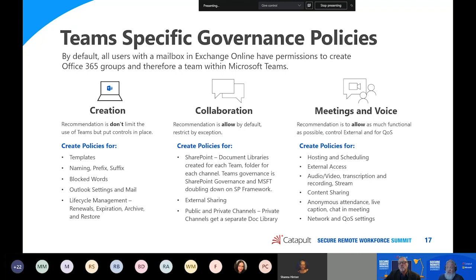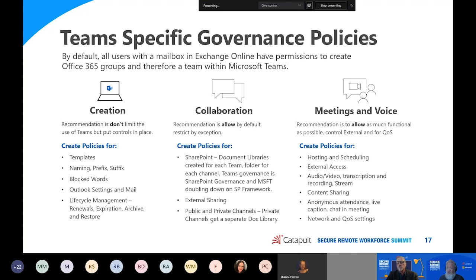So build policies for templates, naming, blocked words is always good, and there's a standard blocked words list, but we like to add things like you don't want people creating an HR team if they're not HR, right? So you want to block some organizational names or key departmental titles from being created without administrative approval. You want policies for Outlook settings and mail, as well as the life cycle management of Teams. So that's renewals, expiration, archive, and restores.